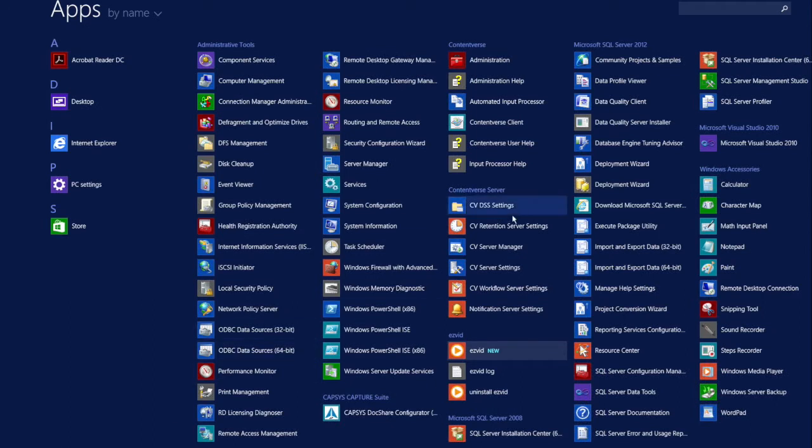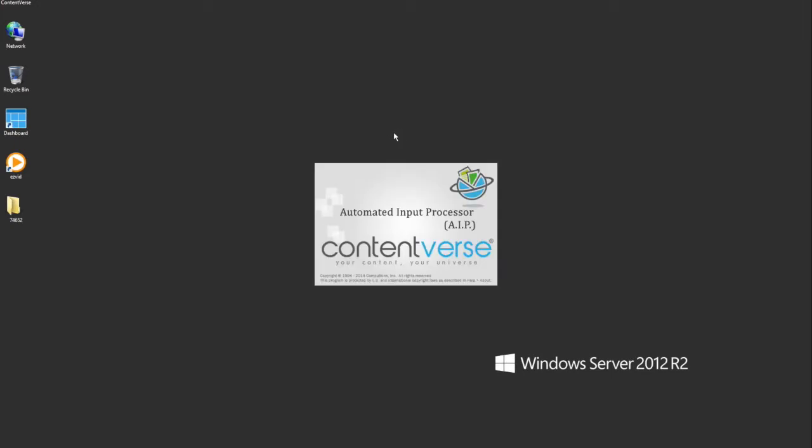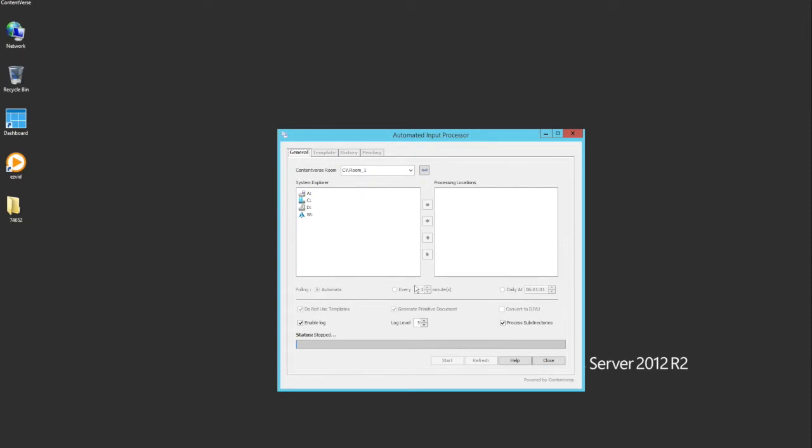To get to that, I go to Program Groups and I look up Automated Input Processor. Select that option, AIP, as ContentVerse people refer to it as. You can see I have a drive out here, or a UNC path that has been previously mapped. And this is one mechanism in which we can connect the two systems. There are several different ways, but this one works effectively for this purpose, as we have a share